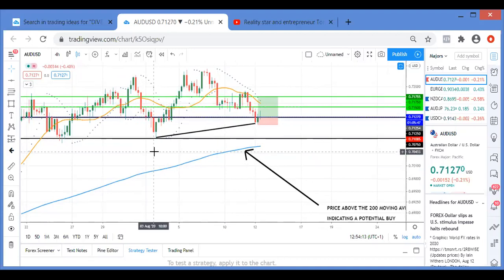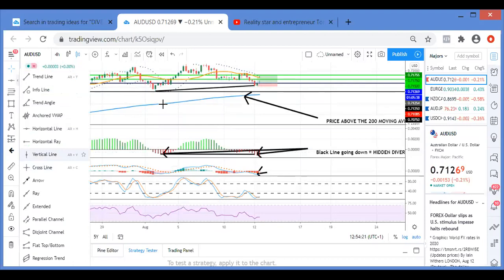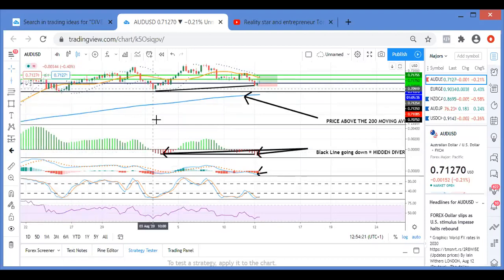So what I do is, on the MACD, I'll show you. Let me just mark where it is on the chart. So this low here signifies this red area on the MACD. What I'm going to do is go to the lowest point within this red area and put a vertical line. So the lowest point will be this green candle.